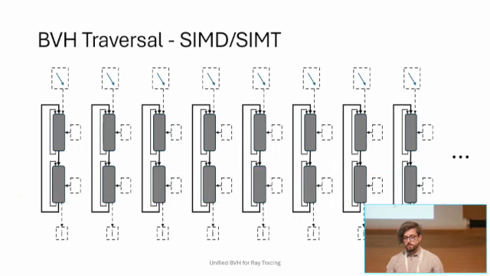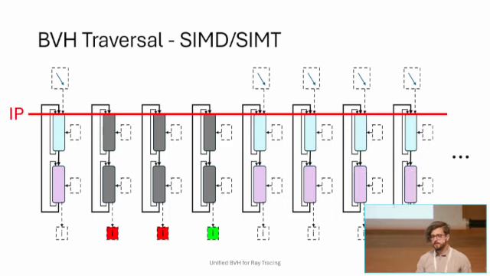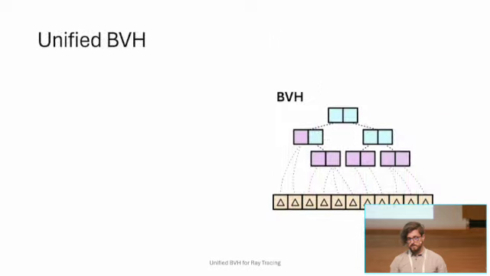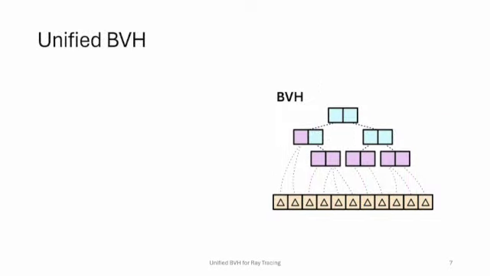In the end, when the lanes are finished, you maybe have some results, you maybe don't, and you continue again until all rays are resolved. There are tricks to improve this, which were explored over the years, but in general, this problem is inherent to the representation